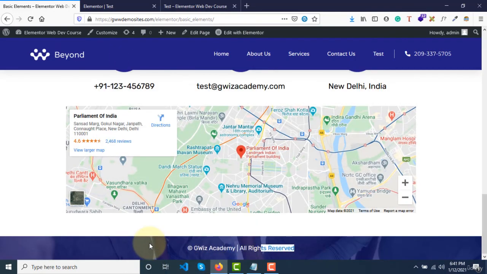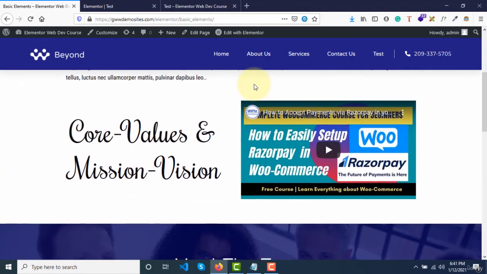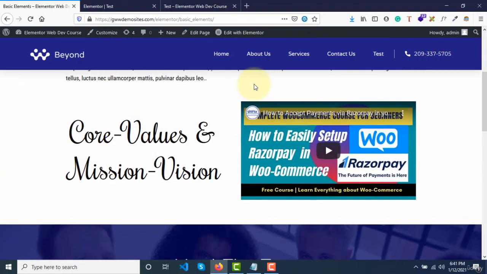So I hope you have understood how to create dynamic headers and footers in your website, and you can just give it a try by yourself. And also we'll be digging deeper into this in our further stages, like once we start creating our projects. At that time we'll be customizing headers and footers design. We'll be doing from scratch everything, so you'll understand more options that are available while creating these headers and footers,